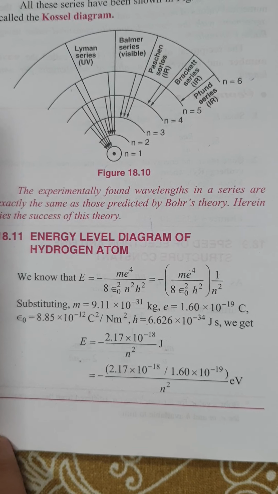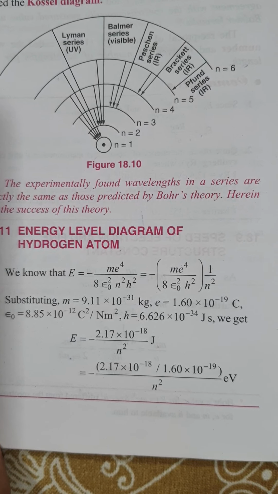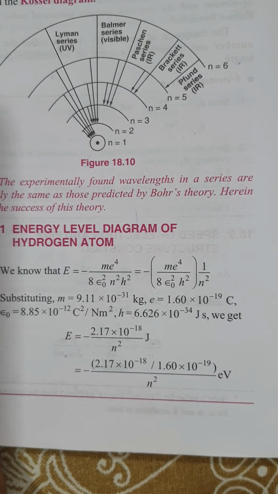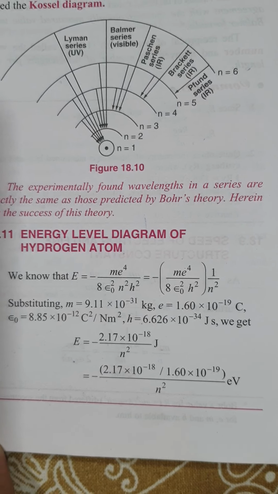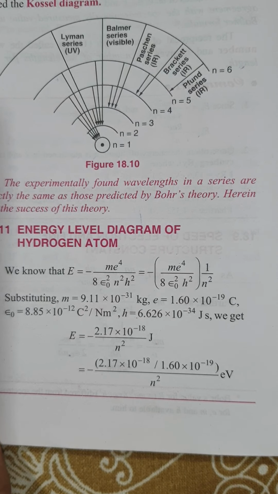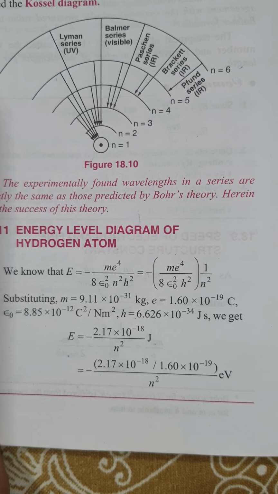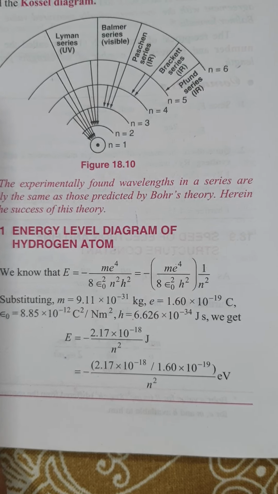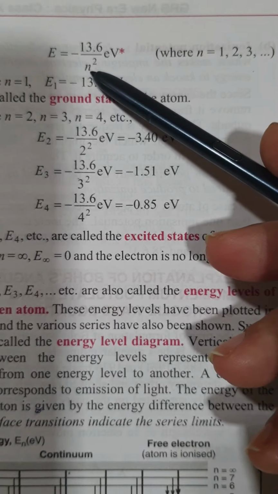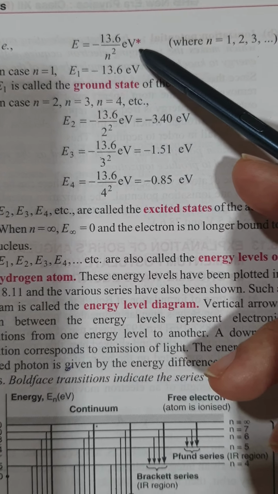If you substitute the values, mass of electron m 9.1 into 10 raised to minus 31 kg, charge of electron e, epsilon naught, the permittivity of free space, 8.85 into 10 raised to minus 12, and h, Planck's constant, 6.63 into 10 raised to minus 34, we get the answer that E is minus 13.6 upon n square